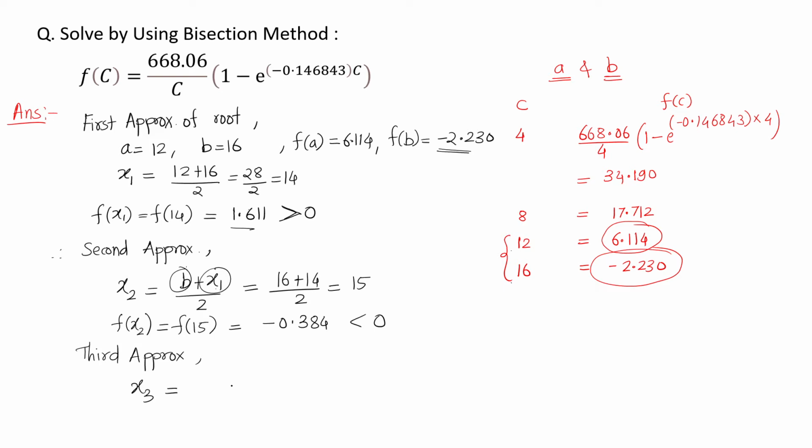So the third approximation will be x3 is equal to x1 plus x2 divided by 2, which is equal to 14 plus 15 by 2 is equal to 14.5, and continue this process until